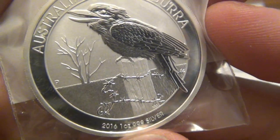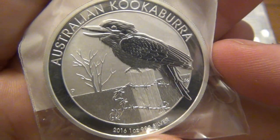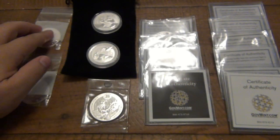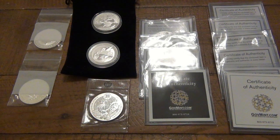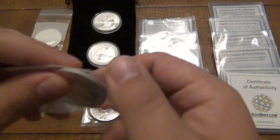You have the little fence post with the kind of messed up barbed wire on there. Just really beautiful scene. I understand coin collecting, like I said, for me, it's really just about the silver content, but as far as coin collectors, some of these are so beautiful to look at. It really is a piece of artwork, right? So besides that, we also have